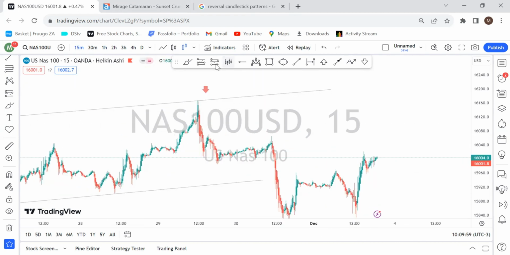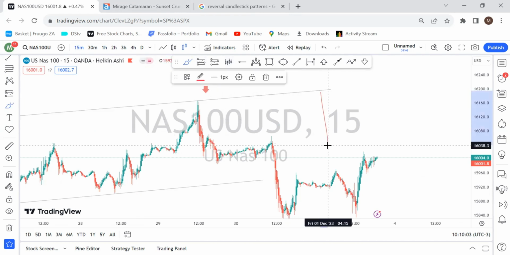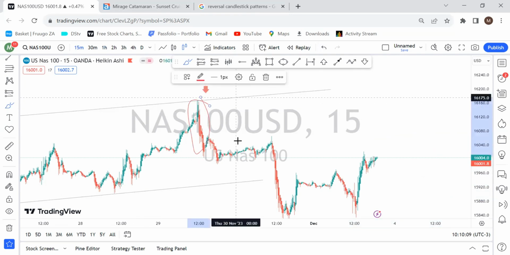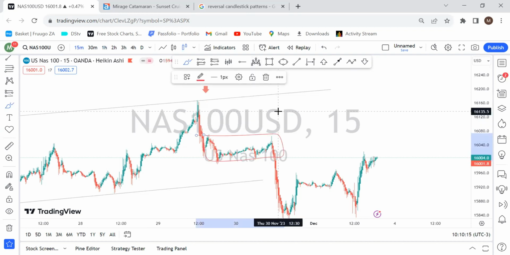So you can see, remember the very basics of market movement: impulse, correction, impulse. So what do we have here? We have an impulse, right? Followed by this correction. So what does that tell you? Impulse, correction, impulse. As you guys can see,